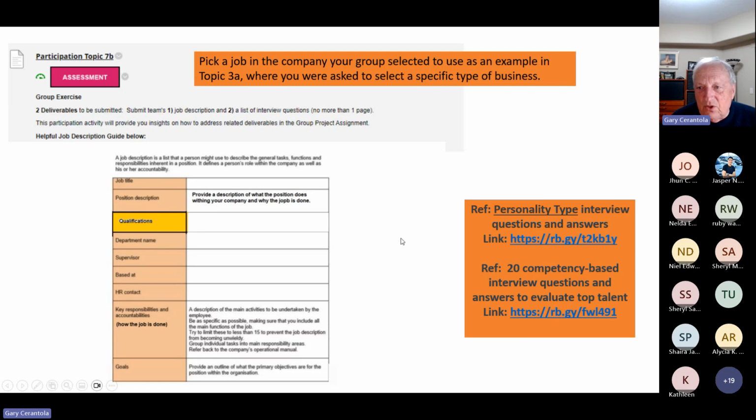All right. So the second part now is you've got this job description done. I'd like you to create a list of interview questions, no more than one page, to basically qualify someone for this job description. There's basically two aspects of qualifying. One is their fit, so you need to get into the personality type interview questions to understand if that person is going to fit. Do they have the right approach? Do they have the right mindset? Do they have the right personal attributes to collaborate with people and those kinds of things?